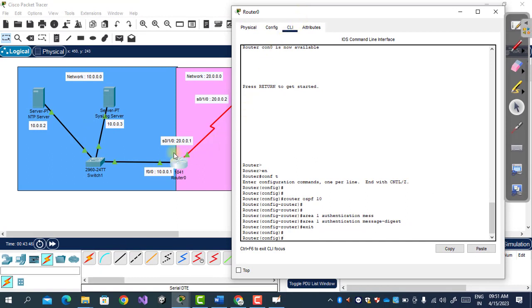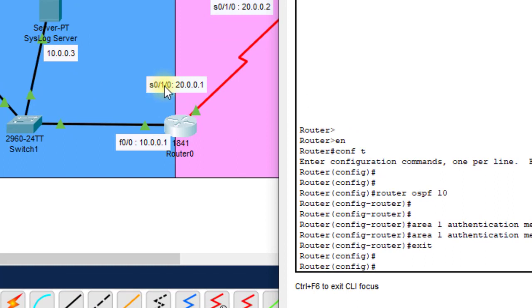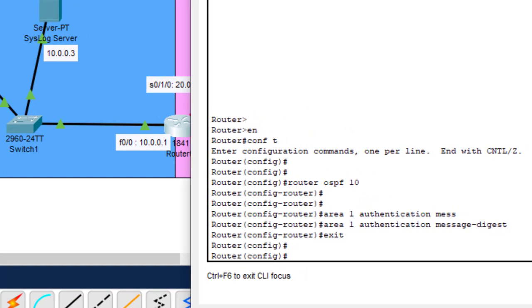But now what will we do? We will go to the serial interface. I want to enable this MD5 authentication on this point, so we have to specify the serial interface 0/1/0.